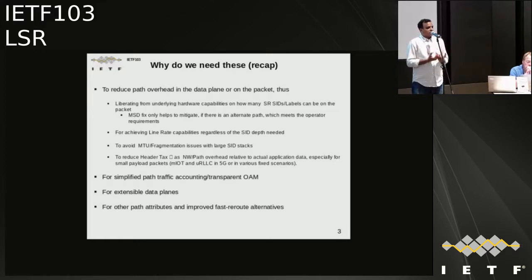So it is a constraint on the PCE, but it cannot give the alternate path, which is giving the similar traffic characteristics we are seeking to start with. Also, once you reduce the packet overhead, you obviously get the line rate. There are line rate issues. Otherwise, some hardware cannot do line rate if you put large overhead in the packet. And for the SRv6 case, it avoids fragmentation. It's a serious problem. When you hit this fragmentation issue, you'll be in trouble.